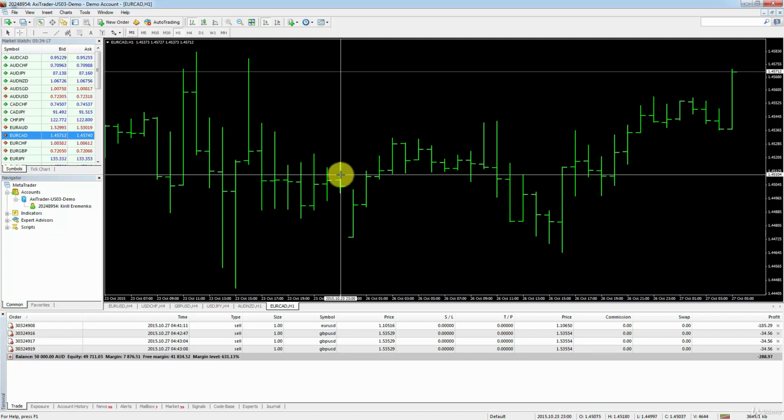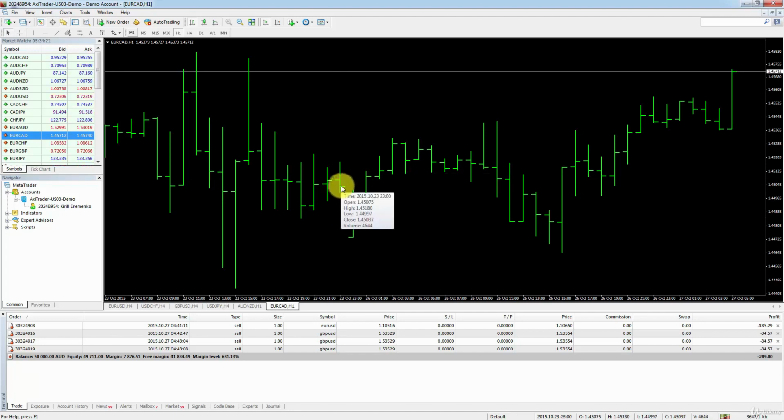Well, what you see here, I'll show you how to do that in a second. If you put your mouse over this chart, you will see that the time here is 23rd of October. And here, if you put your mouse over this bar, you'll see it's 26th of October. So that means that this was a weekend. So 24th, 25th were Saturday and Sunday. And this is normal to happen at the start of the week, on a Monday,